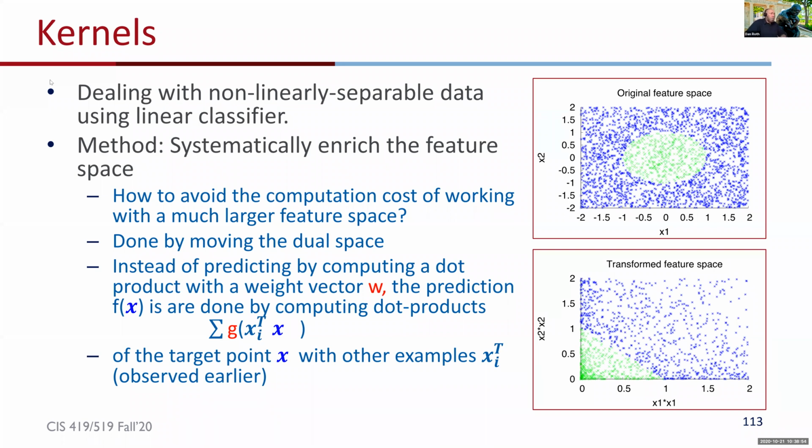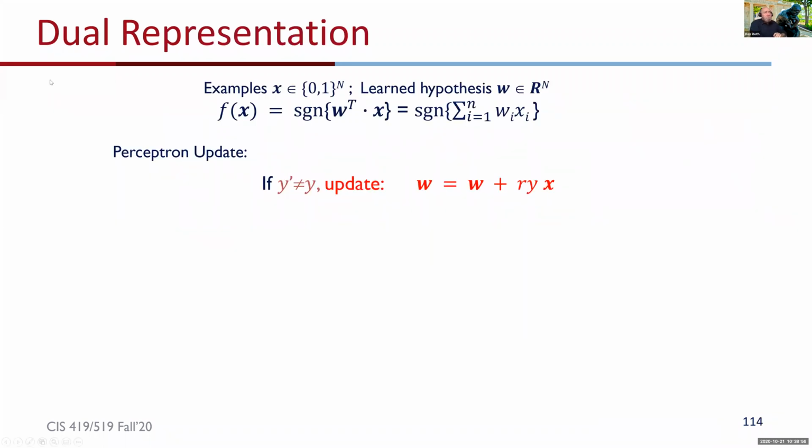today. So this is where we started last time. We want to be able to compute this function, the dot product of Wx, with a sign on top of it. And I reminded you that we're going to do this in the context of perceptron for now. And this is the update rule for perceptron. Given that,